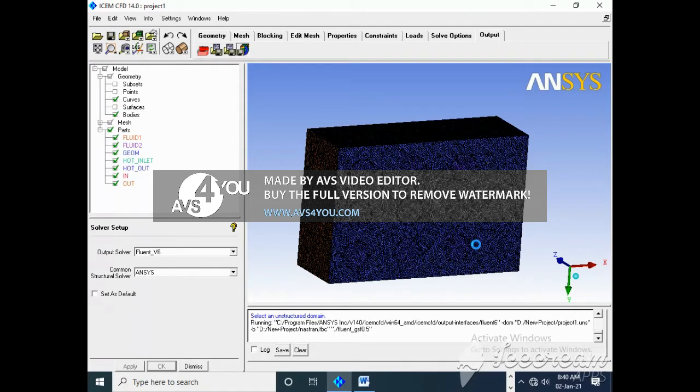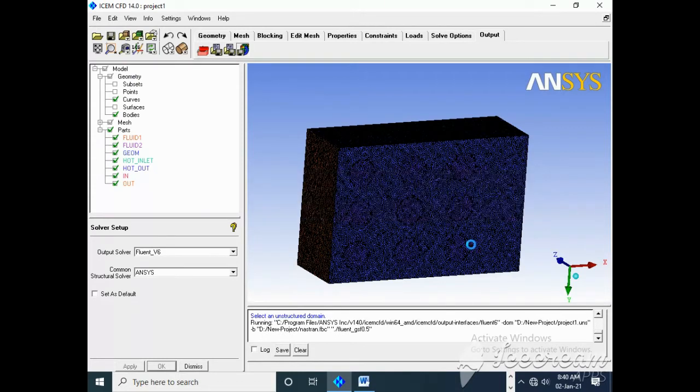Once you do this writing, we will go for the third global scale factor, that is 1.5, and in the same way we will write our number of elements and nodes in our table.